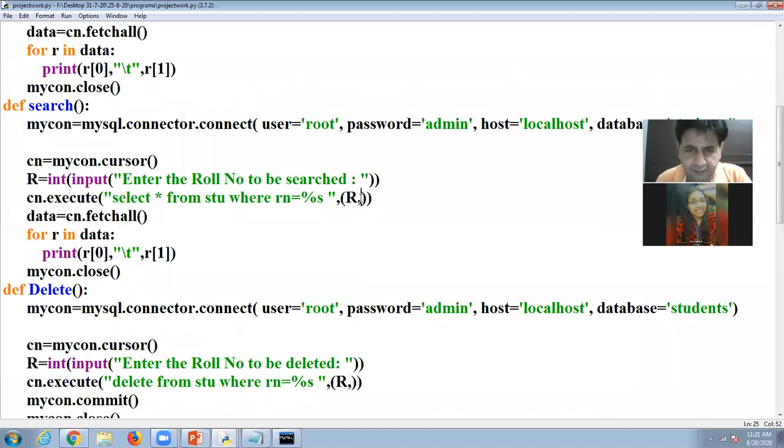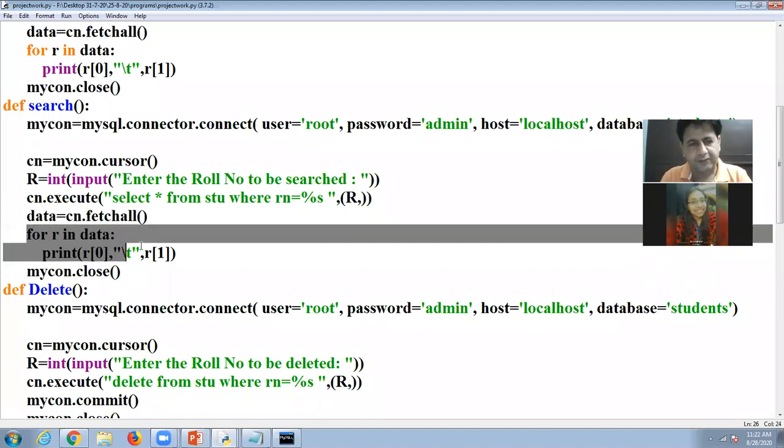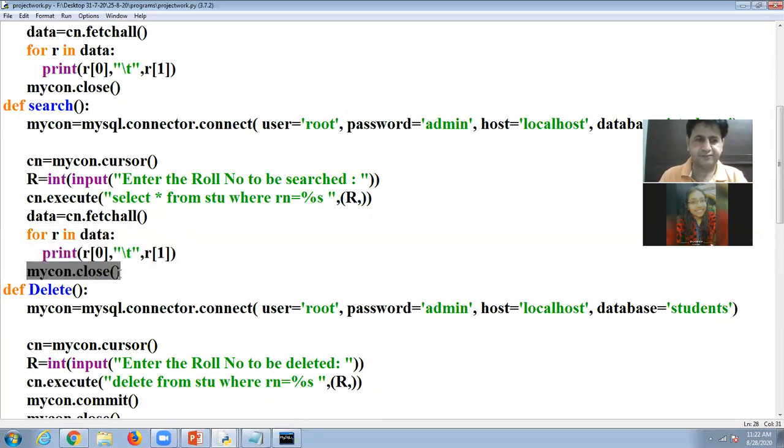Then remember one thing: if there is a single value, use a comma at the end. Then fetchall will receive all the records, and after that we display the data on the screen, and at the end we will close the connection.